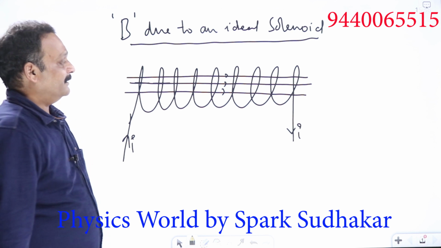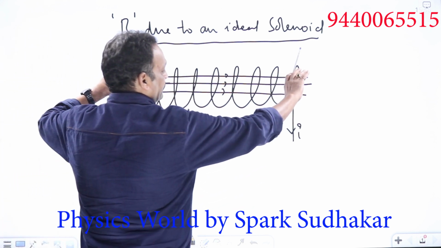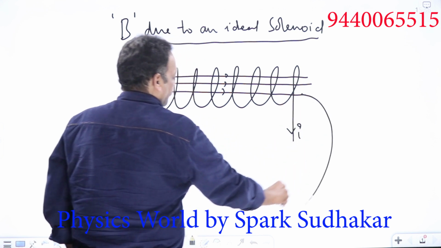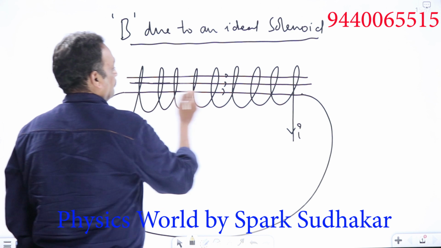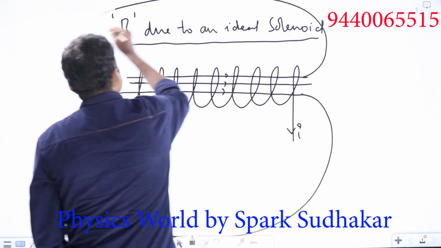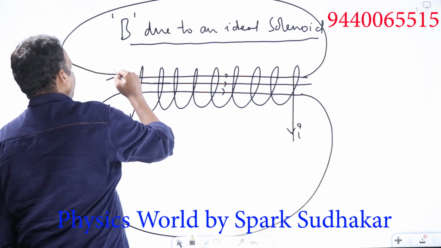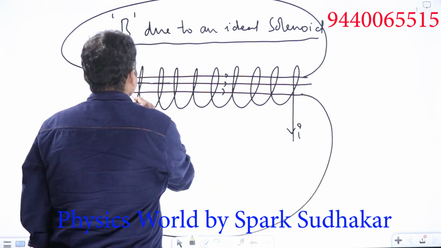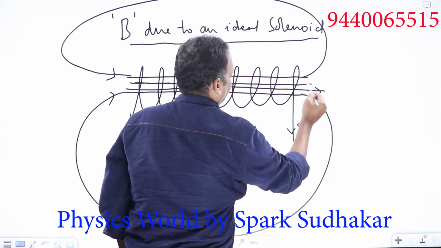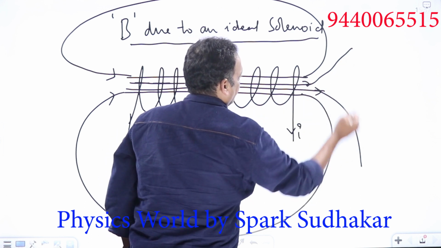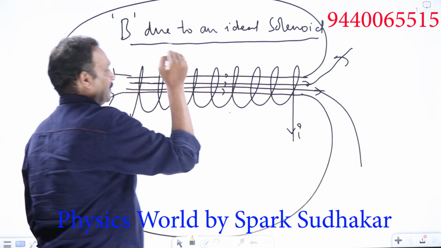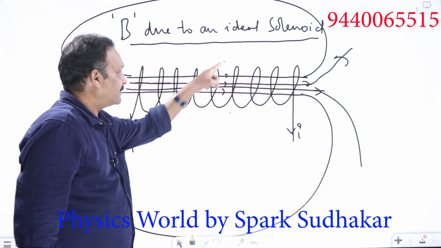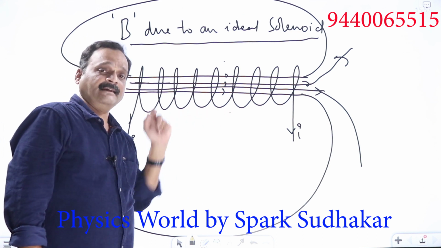Now in an ideal solenoid, whose length is high, the magnetic lines of force will go and come back like this, because magnetic lines of force always form closed loops. That's what we have seen. So an ideal solenoid is a very long one in which the magnetic field will be almost uniform everywhere inside, but just outside the solenoid, the lines of force will form closed loops, no doubt. But just outside the solenoid, here and here, the magnetic field can be taken as 0.